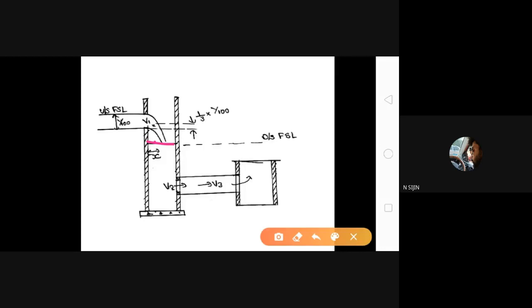Okay, how can we determine the reduced level of water surface in inlet well? Here we know the value of downstream FSL and also we know the value of total head loss. If we add the value of head loss to this downstream FSL, we get the value of water surface in